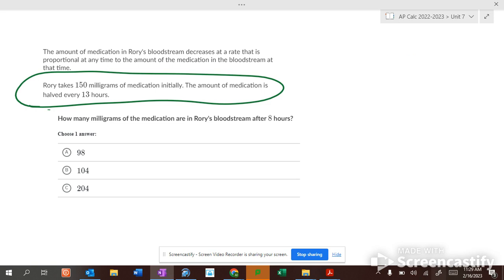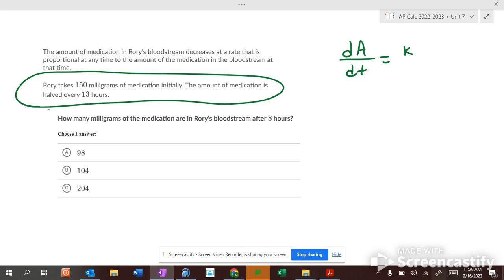Okay, the amount in his bloodstream decreases at a rate proportional to the medication in the bloodstream at that time. So the change in amount over time is proportional, k times